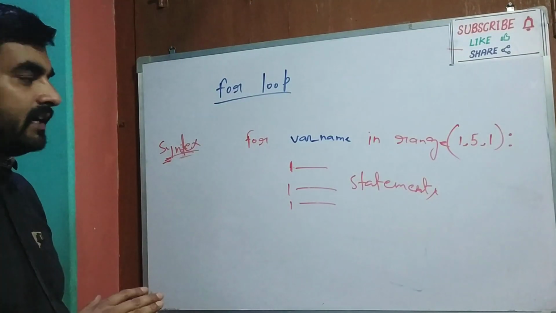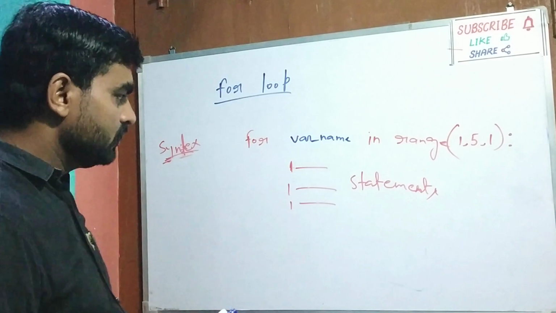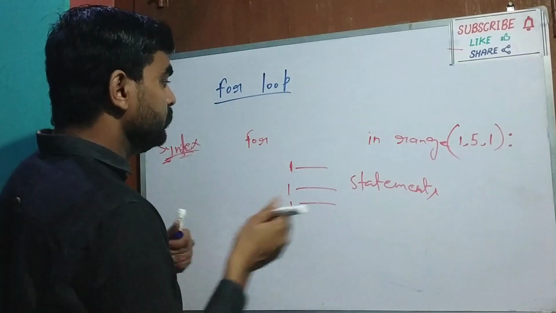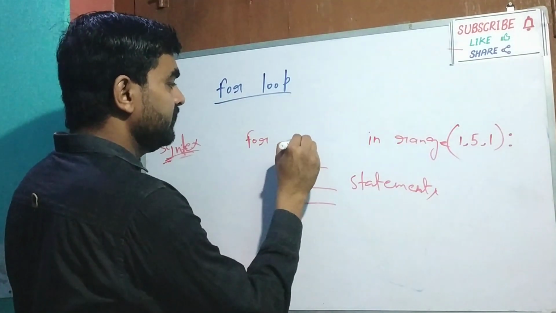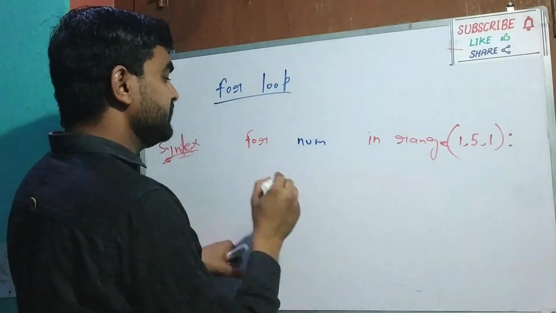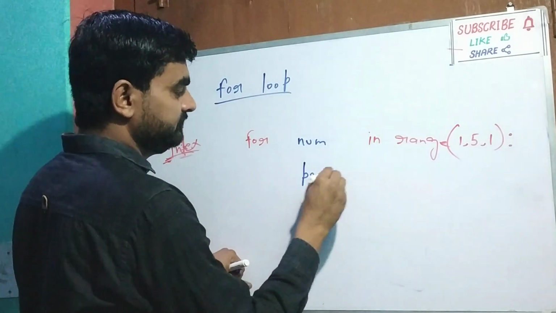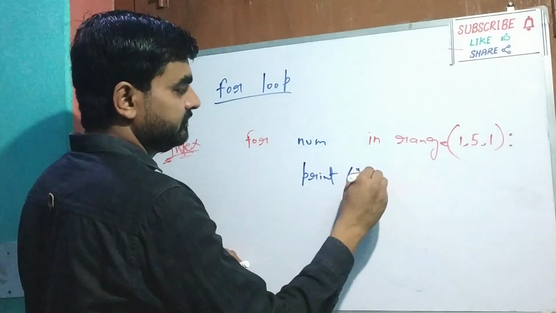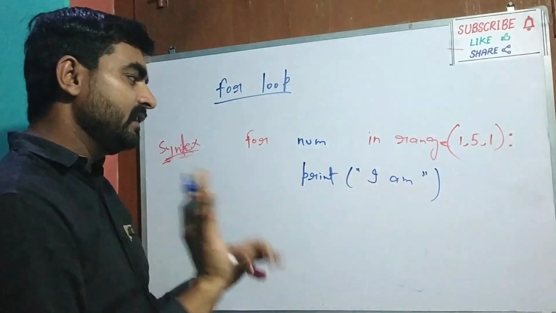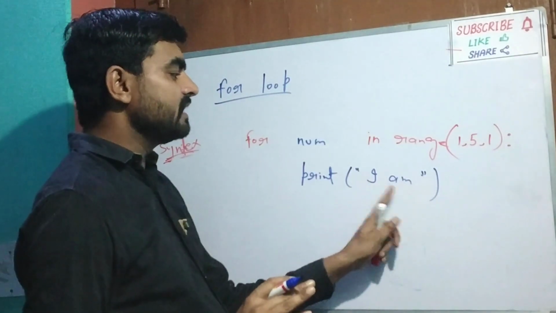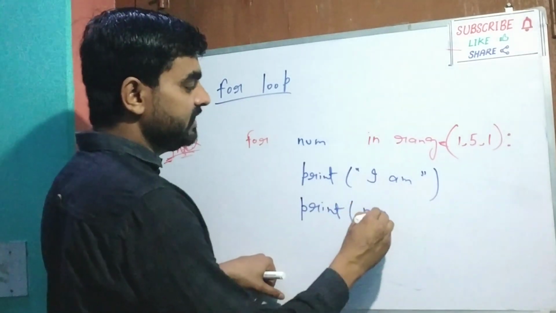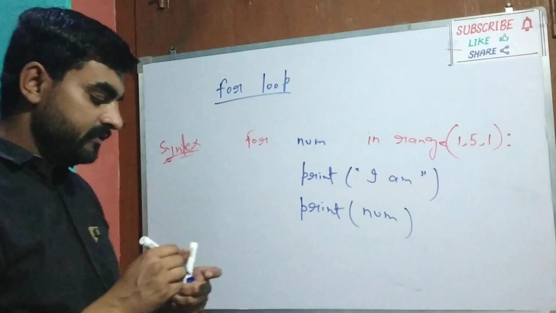Based on this, I will give you an example. I hope you have written it. Okay, so just make changes with the for loop. Just write a variable num, and here for the 3 statements write print, "im" in double quotes, close. This print will simply print a message im, and again a print statement. Here we are going to print the num variable's value.